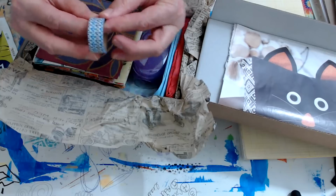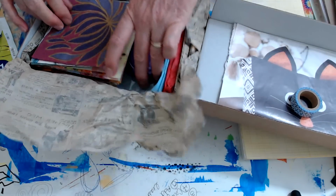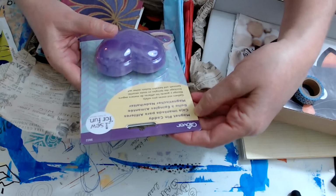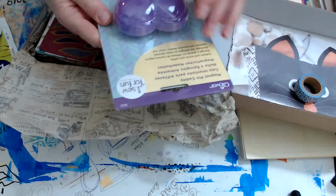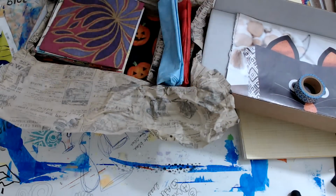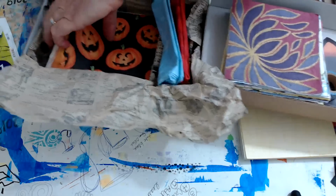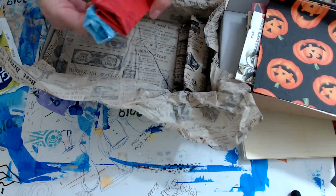She's got some washi tape in here. Hi, Mary Hill. And she included, I'm just going to pull this out here. This is a magnet pin caddy. Gathers and stores your pins safely. And it's purple. That is cool. I'll put that over by my sewing machine in a little bit. And then these are all the napkins. I don't know if you all want to see all of them. I had sent her just 2 big full packages of napkins. So she's got some